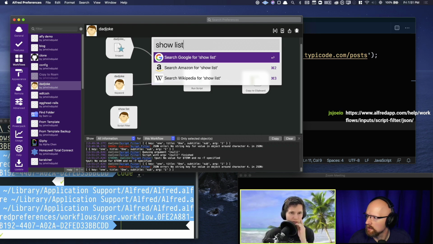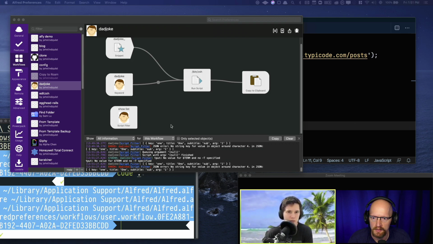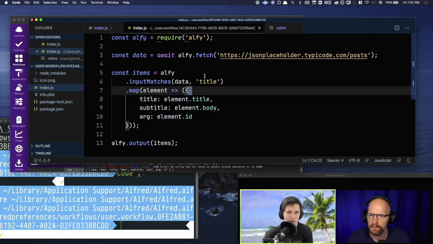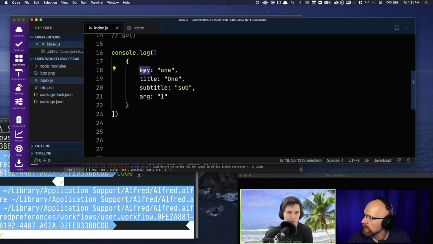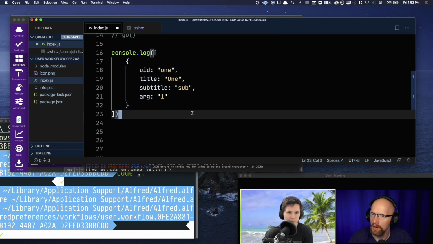Thanks, Joe. Does it need a unique ID? It might need that UID. Oh, it actually might need